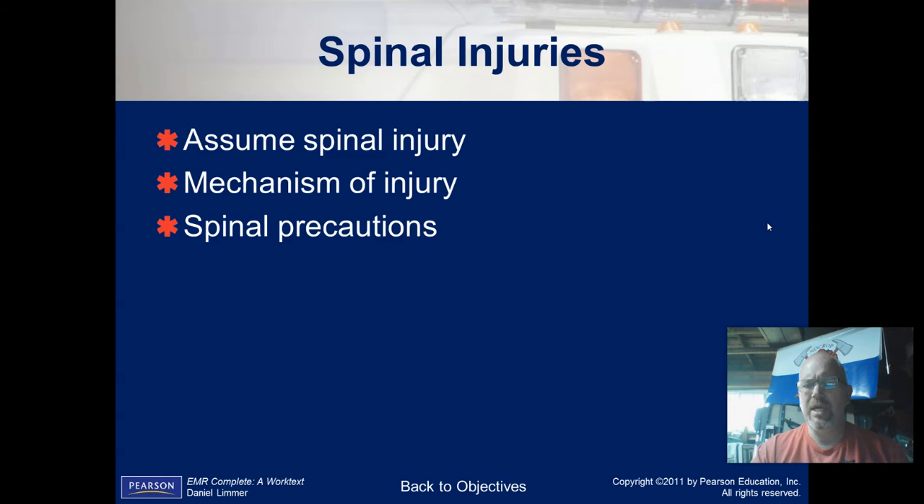Whenever we have the MOI, mechanism of injury, we need to assume that there's spinal injury involved, meaning it's a great fall, an auto accident, auto versus pedestrian, any kind of blunt force trauma clavicles and above. Any blunt force trauma, clavicles and above, we automatically assume C spine, your neck, injury, which means that we need spinal precaution or C spine precaution, putting them on the backboard with a C collar